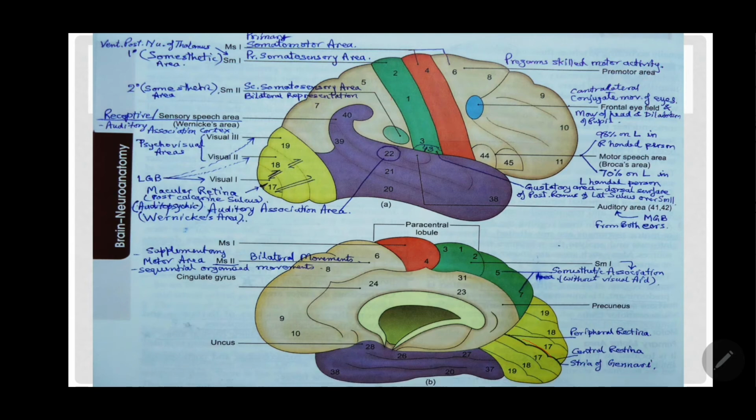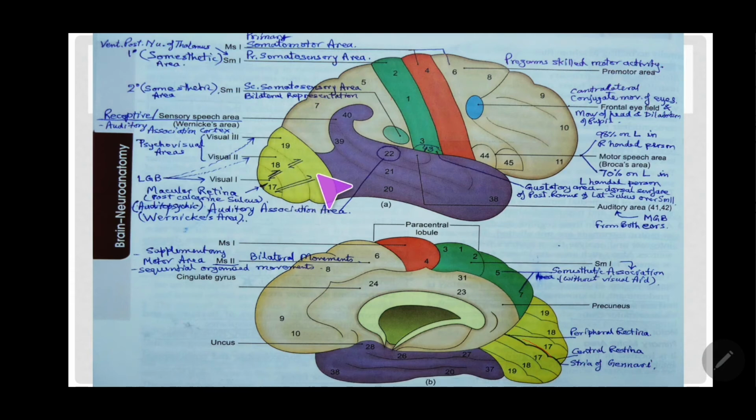Let me tell you an important thing: these are just the names, they are all separated by sulci, and even on the supralateral surface you have separations between 17, then 18, then 19. The important thing is that all these areas are interconnected by association fibers. You have association fibers connecting 17 and 18, connecting 18 and 19, and even connecting 19 to 17 as well. So all this is interconnected by internuncial neurons.